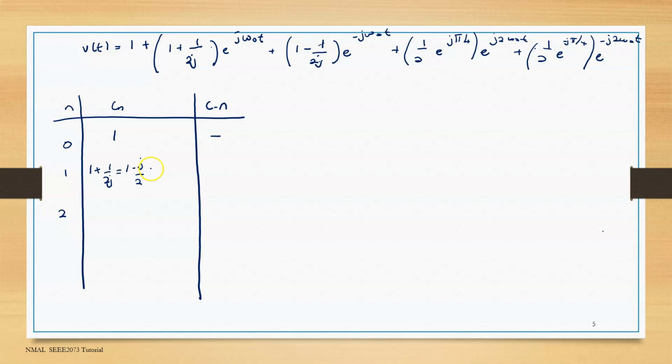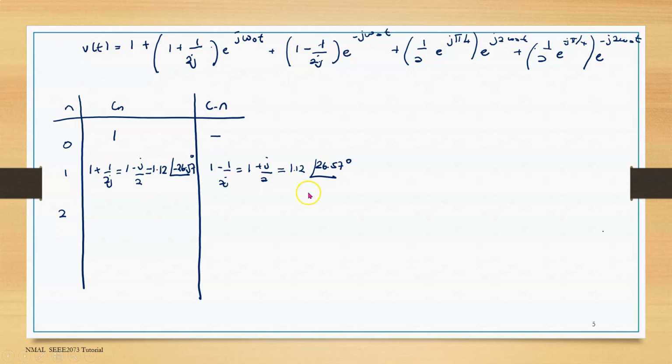You can change it to a polar number. Please again revise this part. You can change it by using a calculator also. So the value for the phase here is negative 26.57 degrees. For the negative part, you take this one, 1 minus 1 over 2j, which is equal to 1 plus j over 2. If you change to the polar number, it will give you the magnitude 1.12 with the phase